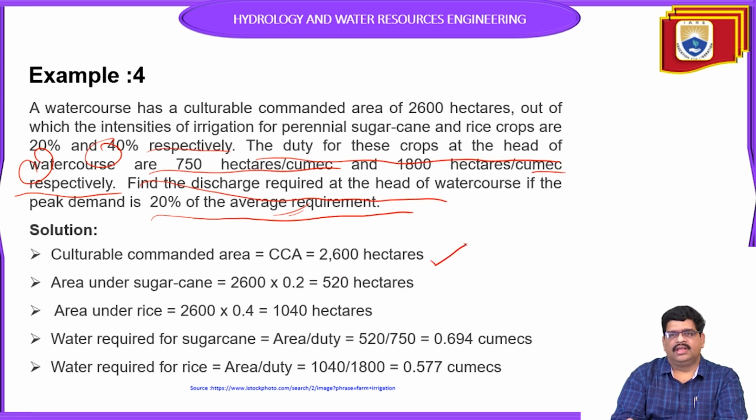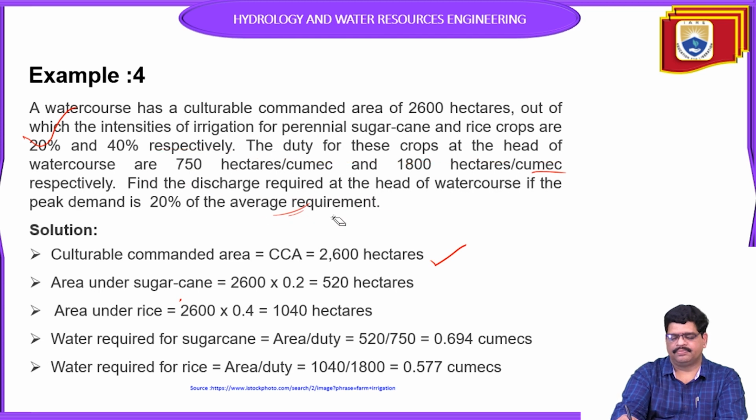And the area under the sugarcane is already given as 20%, which is already mentioned above. And the area under the rice is equal to 2600 into 0.4, that is equal to